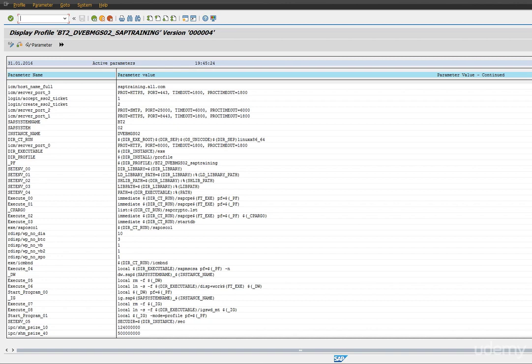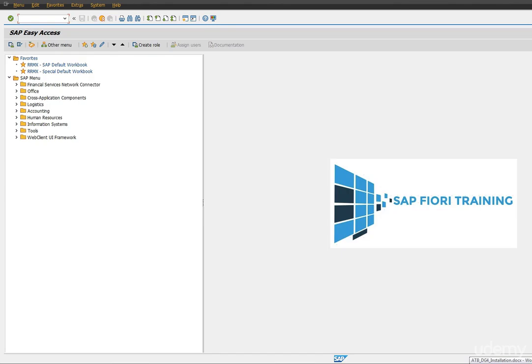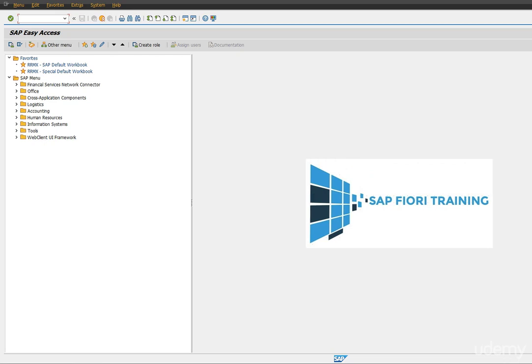The timeout options can also be configured: the network timeout, TIMEOUT, and the processing timeout, PROCTIMEOUT, these two parameters. TIMEOUT is a keep alive timeout for the network connection, and PROCTIMEOUT is a processing timeout for communication with the backend, which is the work process. Once the parameters have been set, restart the server. Once the server has been restarted, let's proceed to create